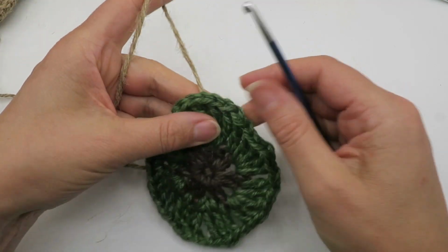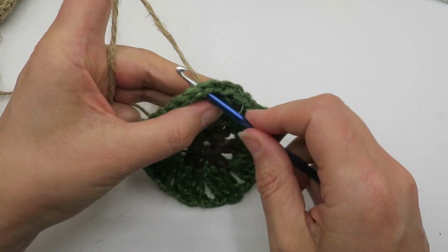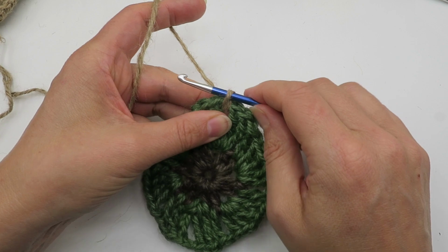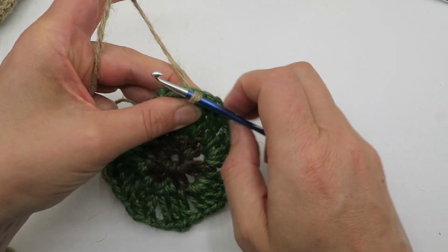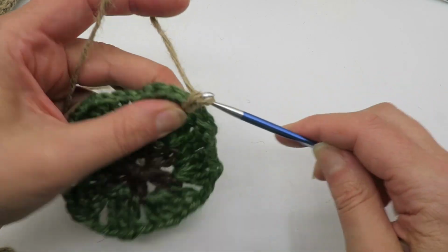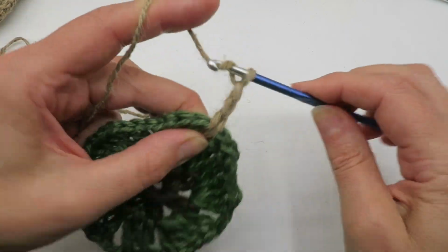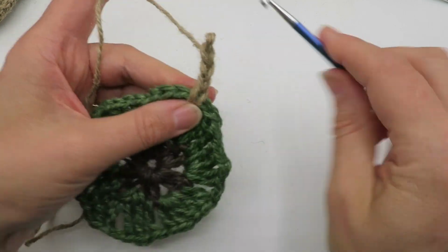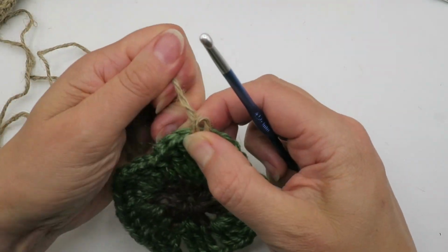So we're going to do tail at the back and then pull up a loop, which doesn't count as a stitch, and then you proceed into pattern. I know a lot of people find this disconcerting because you've got this tail end at the back. You just keep a hold of it for a little bit, and actually with the twine, what you can do